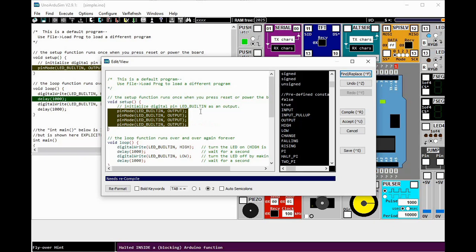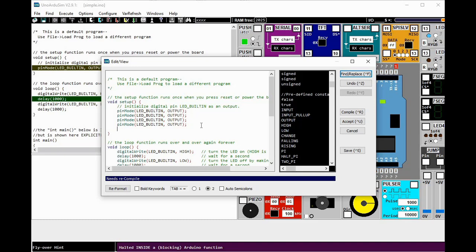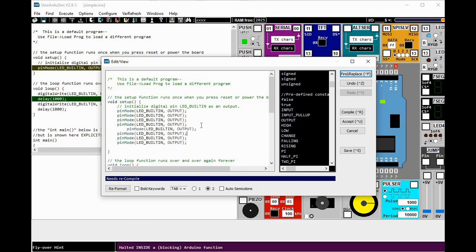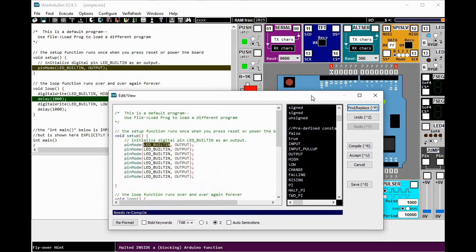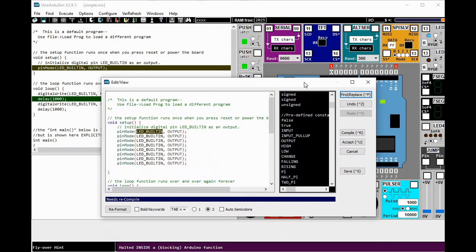There are 8 pins, so you need to include 8 pin modes. Then change this into the pin number. So what we want is from pin 4 to pin 11.